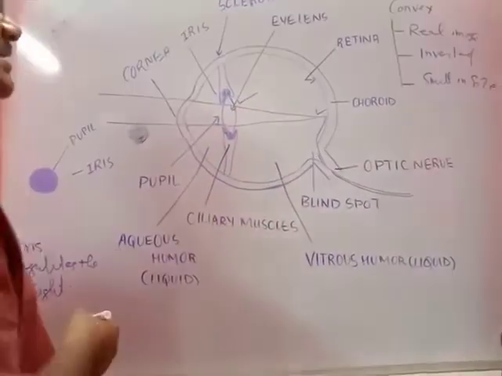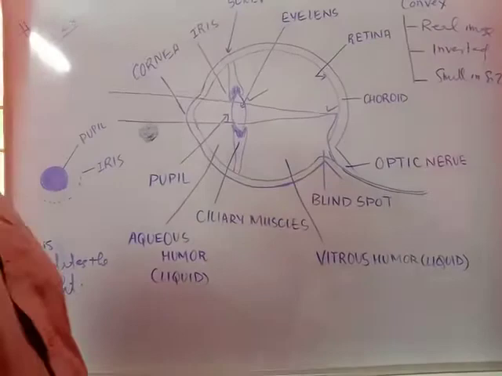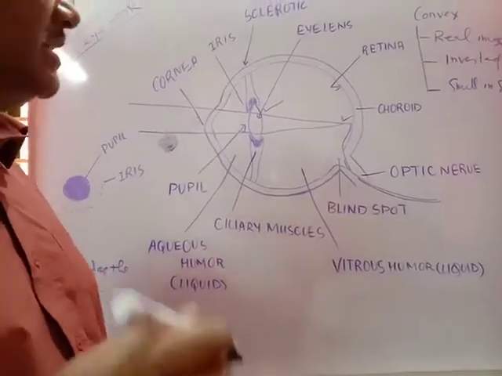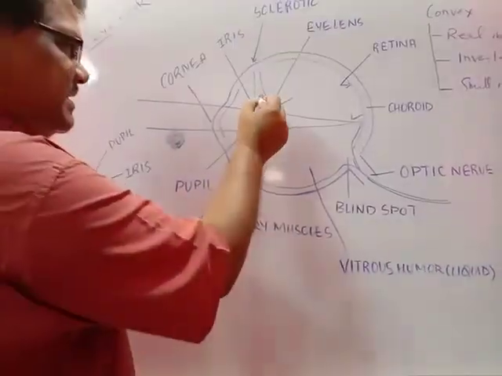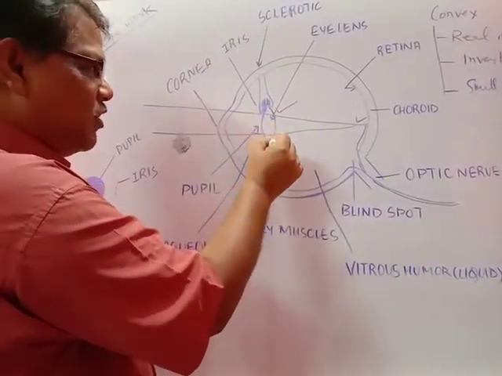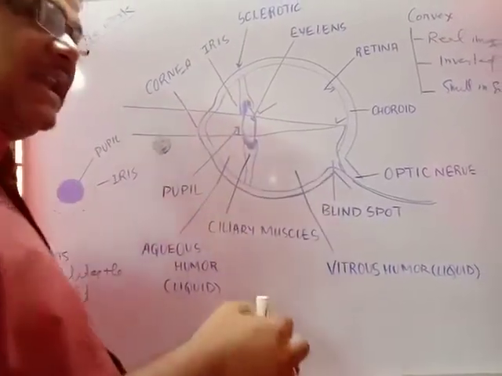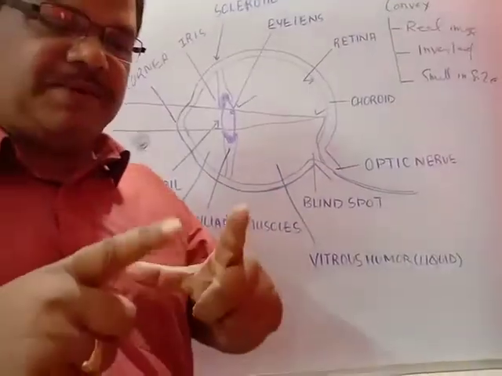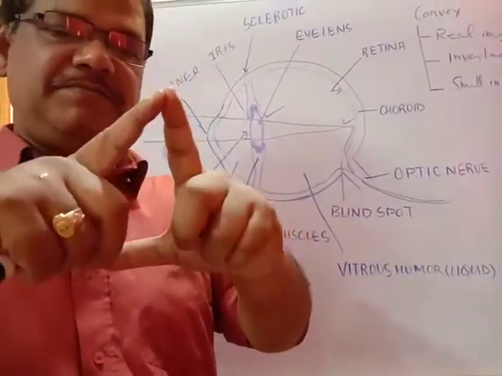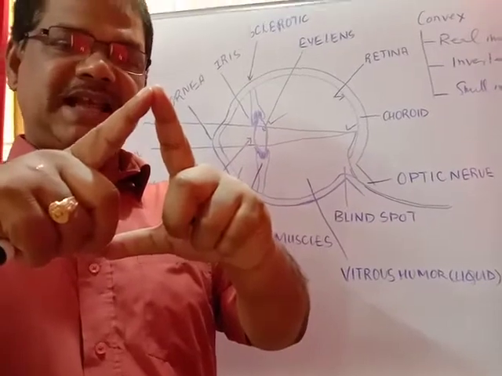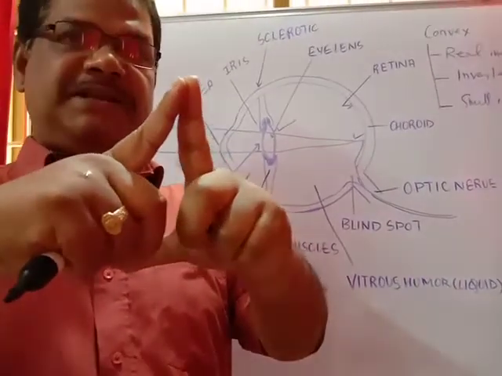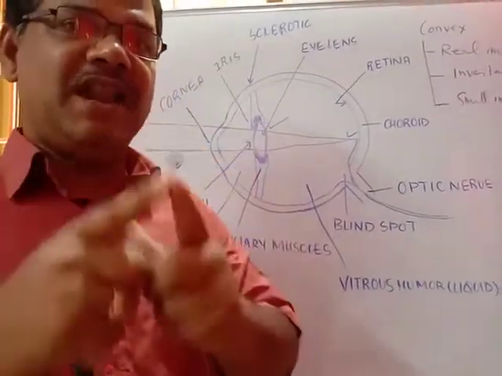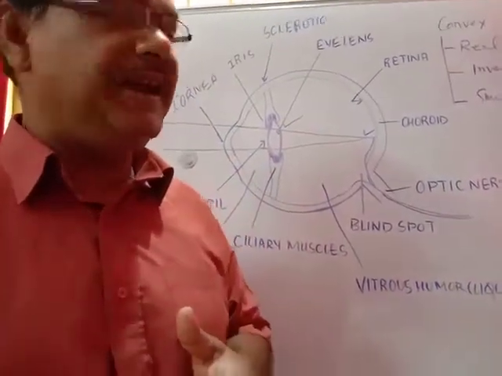So how is the eye lens adjusting the position of the image? This is possible by changing the aperture of the eye lens. Suppose at first the eye lens has an aperture like this, and this aperture may be changed like this, and also like that. It means the focal length of the crystalline lens will be varied.